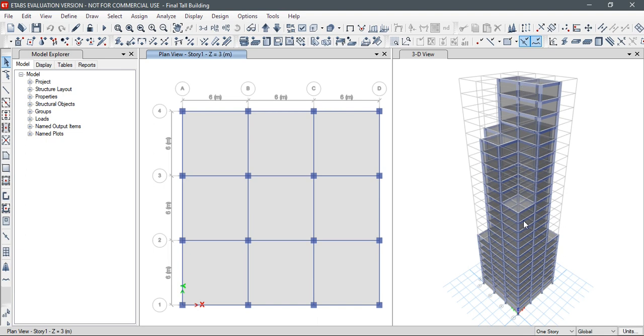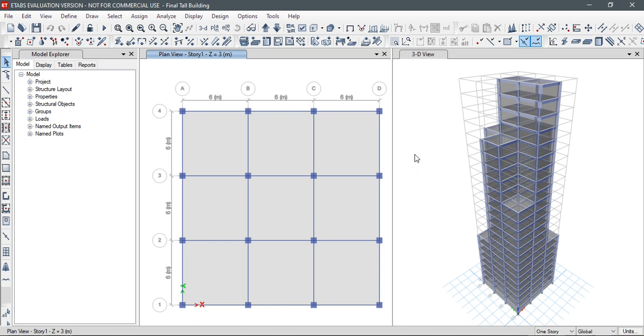And then I had chosen the exterior beams on different sets of similar stories for the application of load due to cladding, which is 0.2 kN per meter for each of the stories. In this manner, I had imposed dead load, live load and load due to cladding on this tall building. Then I had defined the wind load as per the IS code, and since this building is designed for the Bangalore region, I had chosen the specific parameters using the IS code and imposed the wind load on this structure.